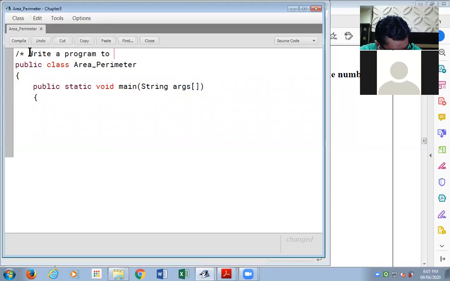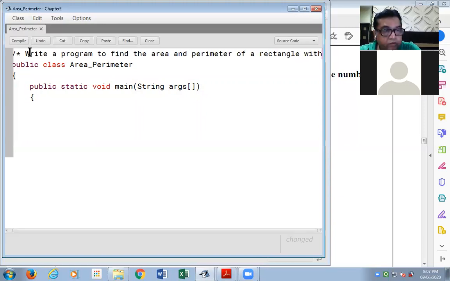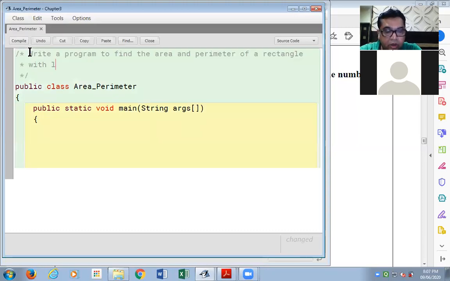Write a program to find the area and perimeter of a rectangle with length equal to 19 and breadth equal to 23.